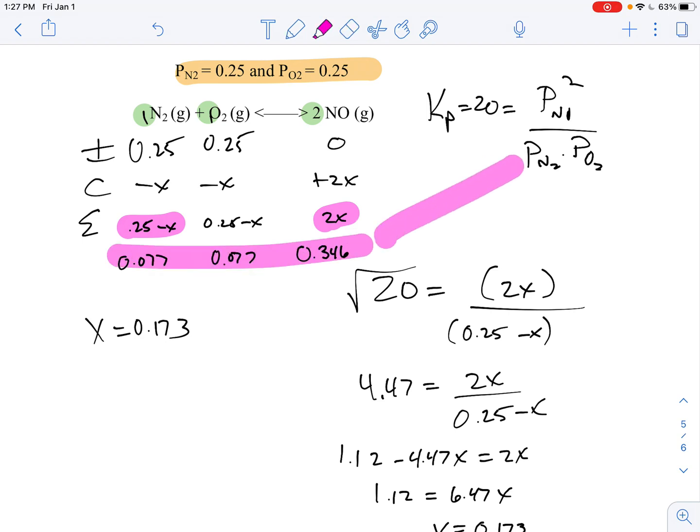So we can always double check to see if we did okay here, because I could take these numbers and plug them back up into there. And if I do, I should get